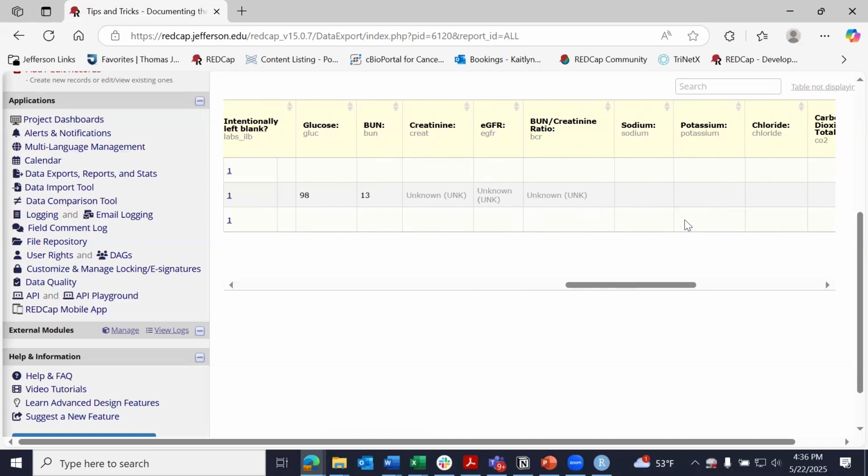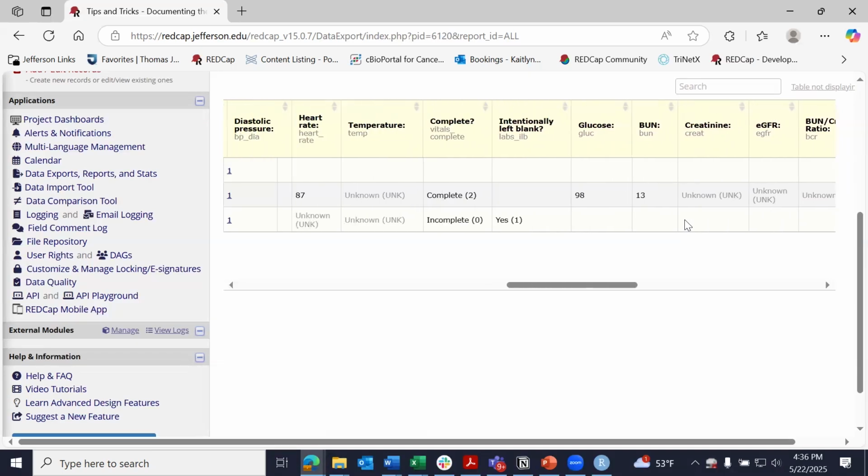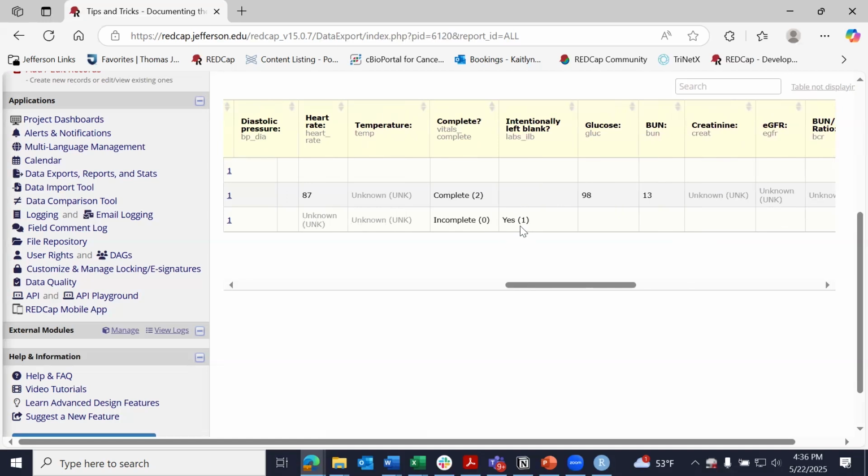It's possible to tell on the form very easily that there's no data for those fields, that I'm not supposed to have data in them because we left the form blank intentionally. I can use that intentionally left blank as a filter to filter out records where that blank is left. I can do a lot of things with this. This is still very usable for